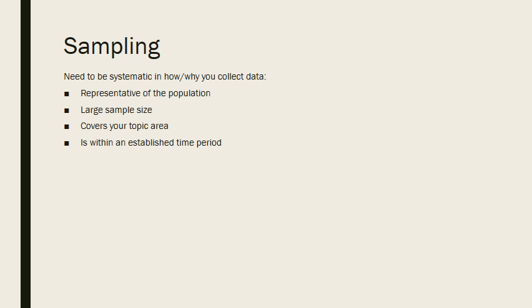So when you do content analysis, you want to make sure that you pick a good sample. Now, the key thing to sampling is that it needs to be systematic in how and why you collect the data. So the first thing is, whenever you do a research question, you should always have a population in mind. So if you want to do tweets of college students, for example, or Facebook status updates of college students, then you want to make sure that the Facebook status updates that you pick are